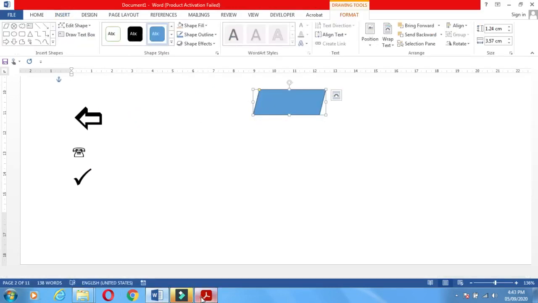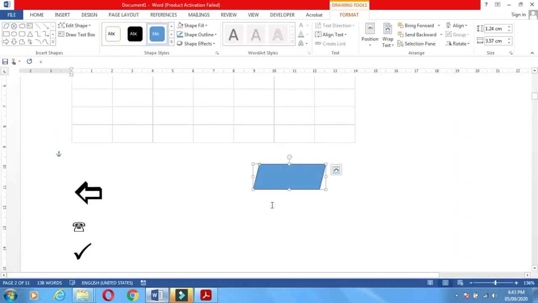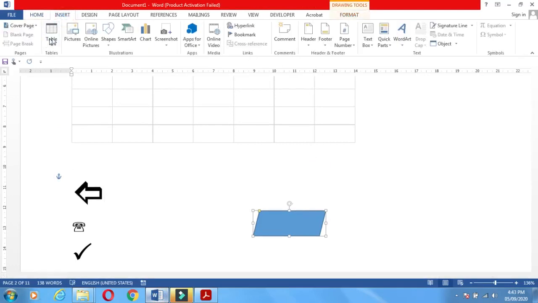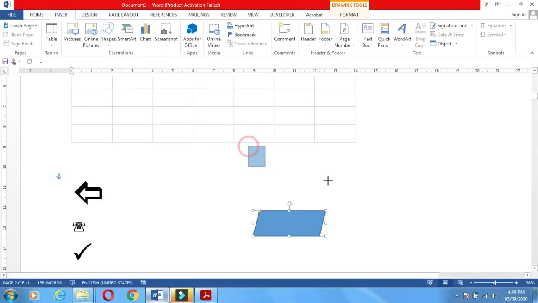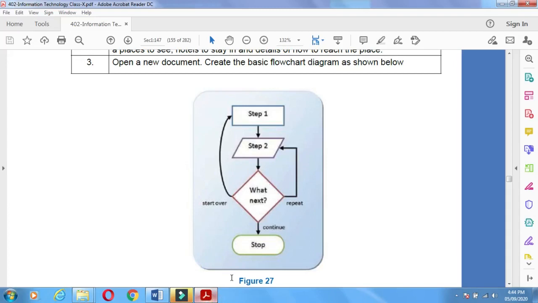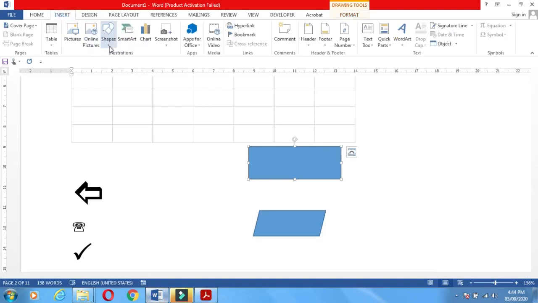Insert the shapes, square shape. This is square shape. What is next? Diamond. Insert the diamond from insert shapes. Where is the diamond? Here.